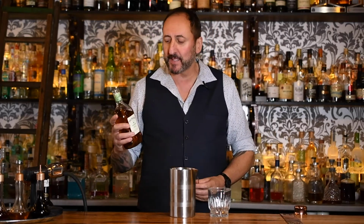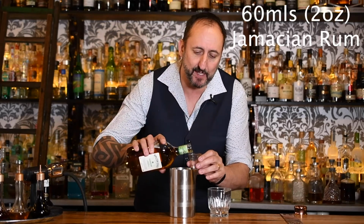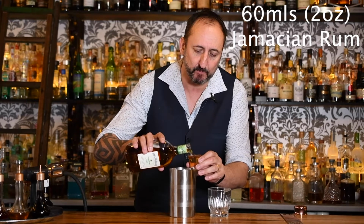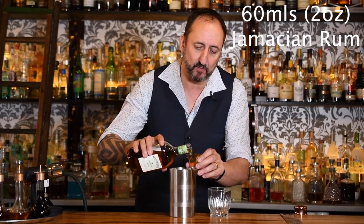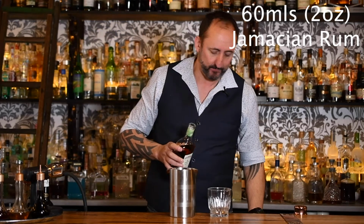And the first thing I'm going to use today is Appleton Estate Signature. I wanted to use a rum for this cocktail that isn't overly sweet. There are a lot of rums out there that have a lot of sugar in them that I enjoy. However, because of the other ingredients and for the balance, I would start with the drier style rum, and for me, Appleton is perfect. So it is 60 mils or 2 ounces